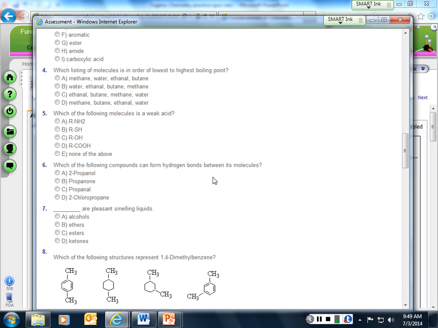See, now if you see, which of the following molecules is a weak acid? We didn't discuss anything about weak acid because for that you need to know chapter 7, which is good. Correct? So now, if you see R, what is meant by R? It could be any carbon, 1 carbon, 2 carbon, any carbon. So this R is carbon attached to nitrogen. Which functional group is it? If you see RNH2, as amine. Correct.